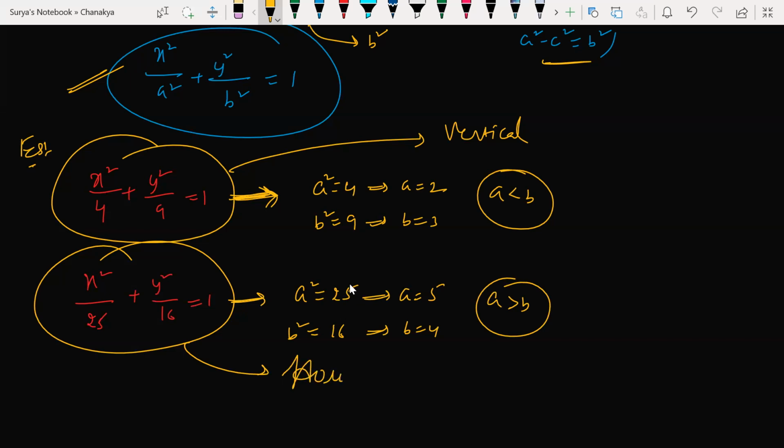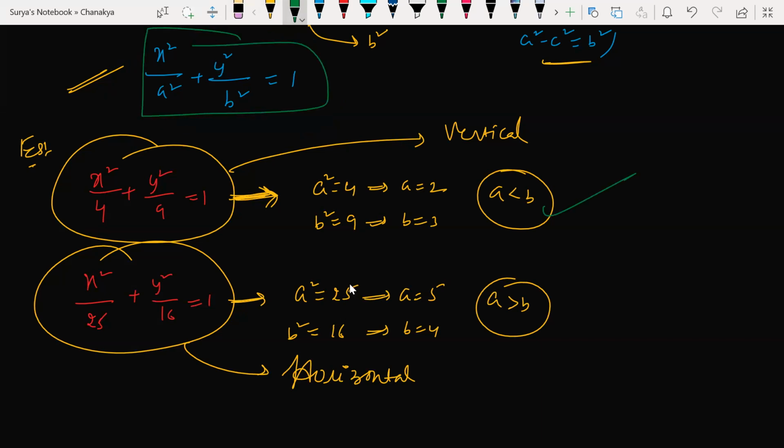ये बस prove करने का कोई नहीं है इधर, बस यही condition है, need not prove anything. Yes, sir. Understood, sir. देखो ये होगा मेरा vertical, ये होगा मेरा horizontal ellipse. This is what the difference है. ठीक है, समझ गए? Yes, sir. आप, very simple. ठीक है,